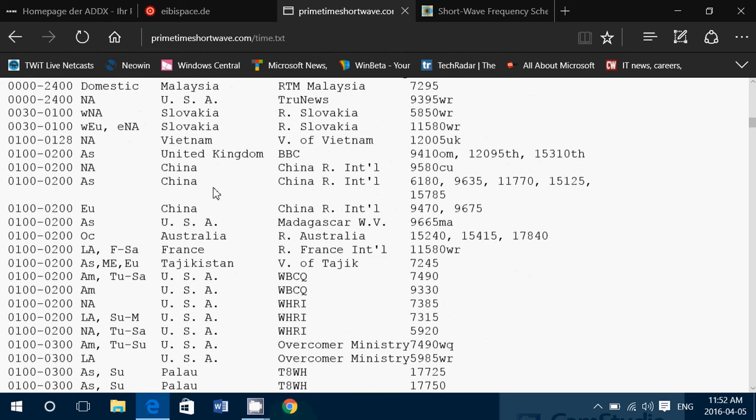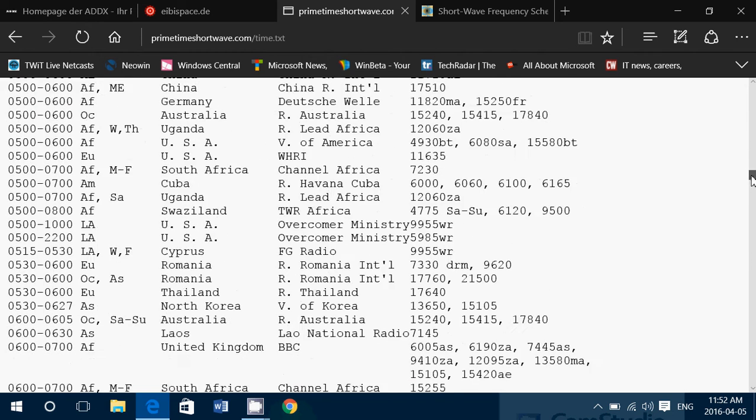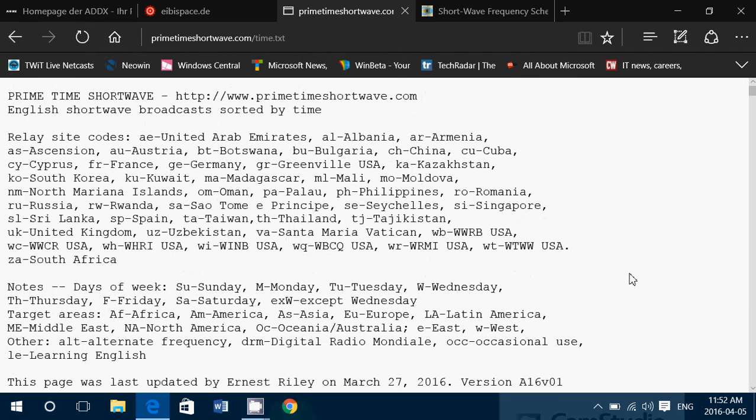It's not super long, so what's nice about this list also is that you can print it out and have a printout of this list available. So when you go somewhere, don't have computers, don't have technology with you, you just have the printed list. I do like to have a printed list of shortwave schedules because I find that it's easy to go through, and it is actually fun to have the paper version sometimes of these schedules.